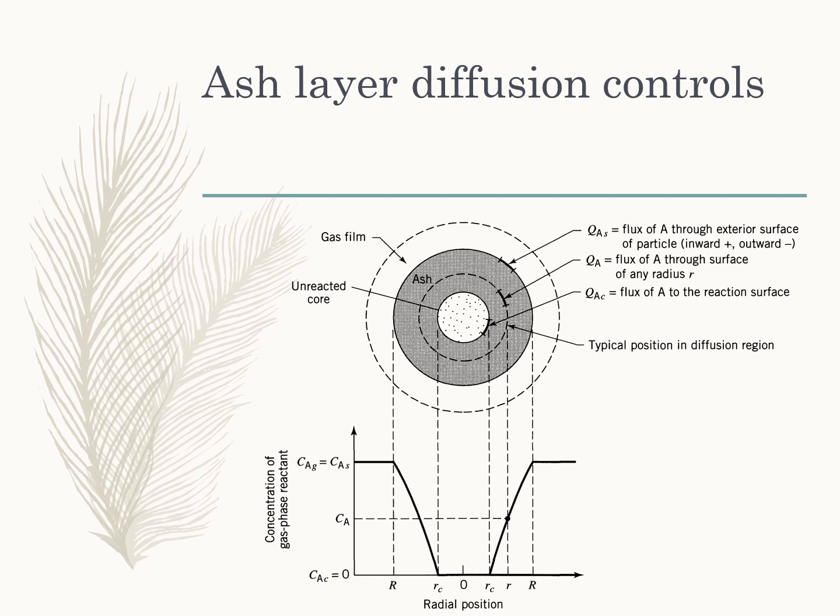In the previous video we were dealing with the gas diffusion control of a heterogeneous particle-particle reaction in the SCM model, shrinking core model. Today we will do the same thing by deriving the conversion time and the total conversion time of the spherical particles in the case of the ash layer diffusion controls and